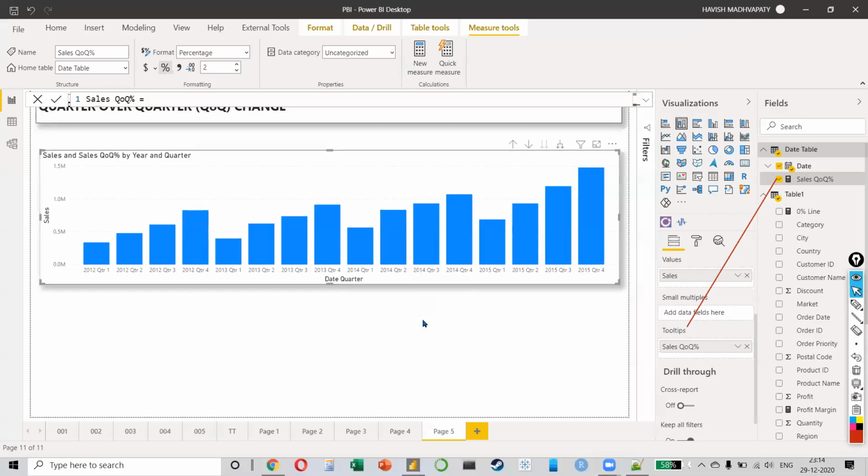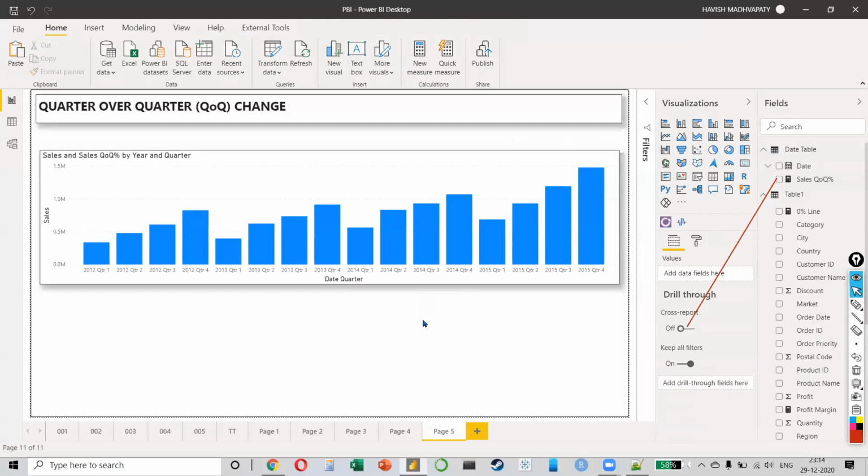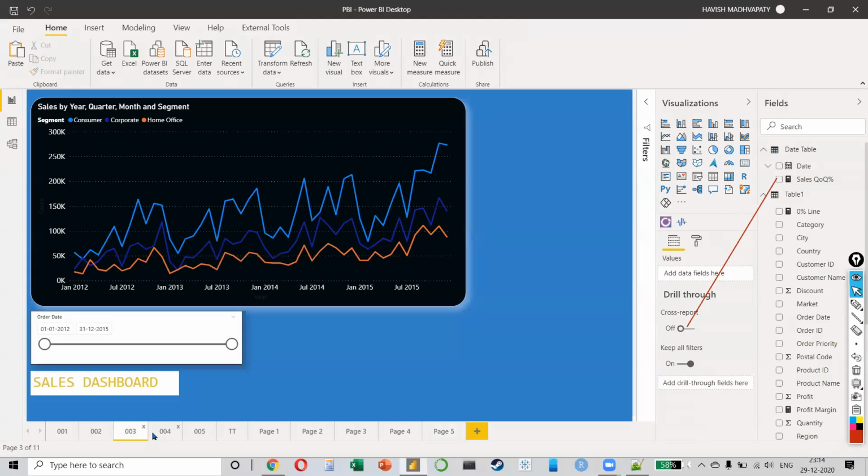Again, a lot of people, when they see a visualization, they make an impression. They feel this is just a simple chart. There's nothing special here. But do you know how much effort has gone into it? I mean, not a lot of effort, but it's quite complicated, right? You're calculating the quarter over quarter change. That is why never look at a visual and assume that it's simple or it's difficult. The visual might look like this. It looks very complicated, right?